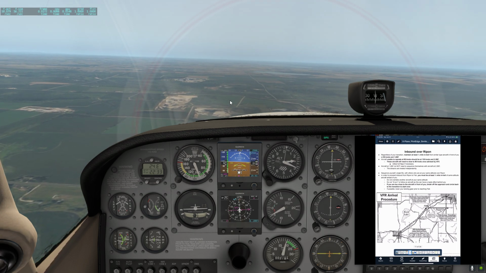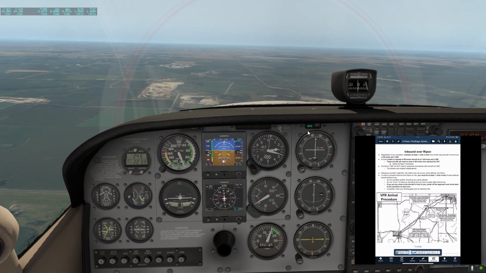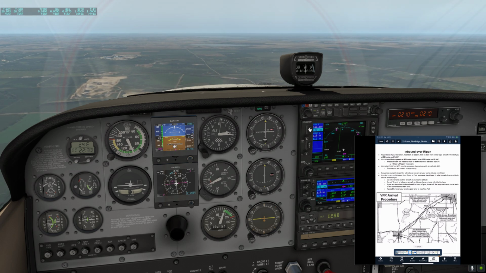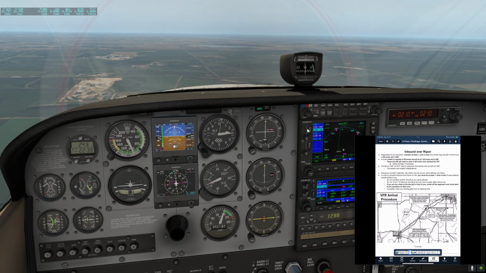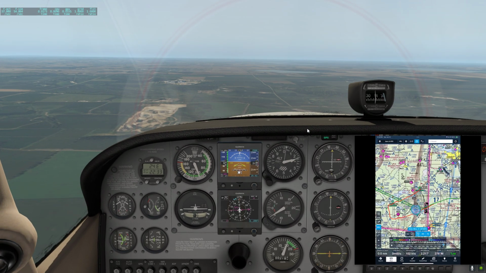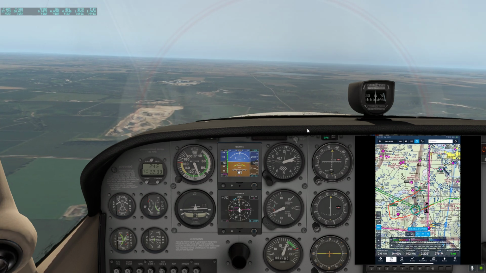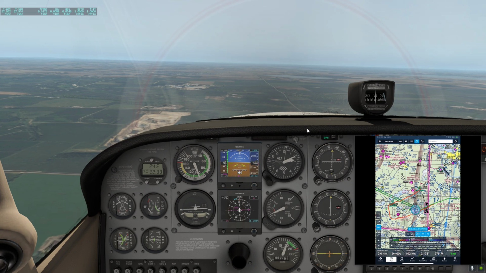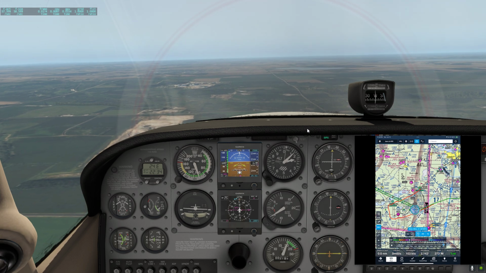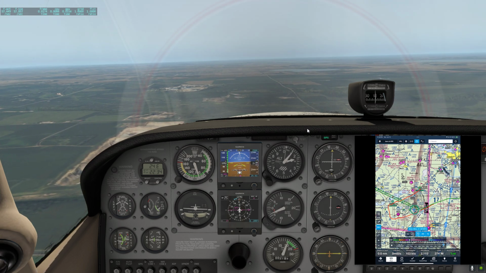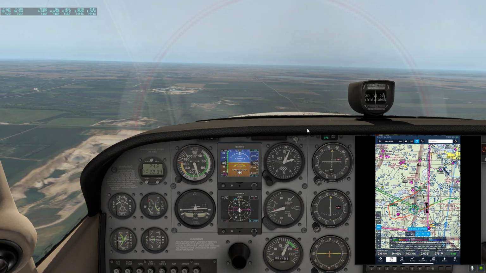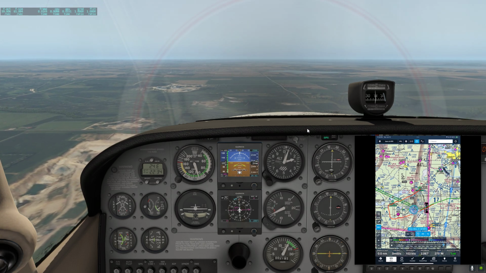So yeah, it says we need to get Fisk approach ready, which is on 120.7. Let's have that ready. I'm not going to put them on yet because it's going to get really talkative once I do that. Yeah, I'll also link a video in here to the NOTAM that they put out, kind of explaining the differences between this and the real life Oshkosh. And you can read through that and kind of get a better understanding of what it is that I'm doing right now. It's difficult to kind of go through the whole thing here as we speak, but yeah, basically